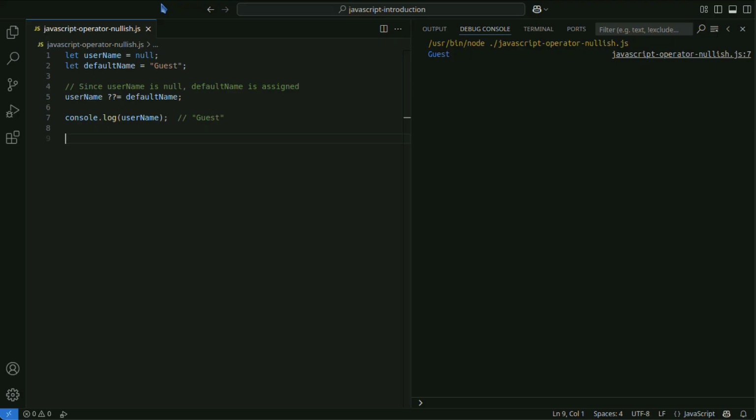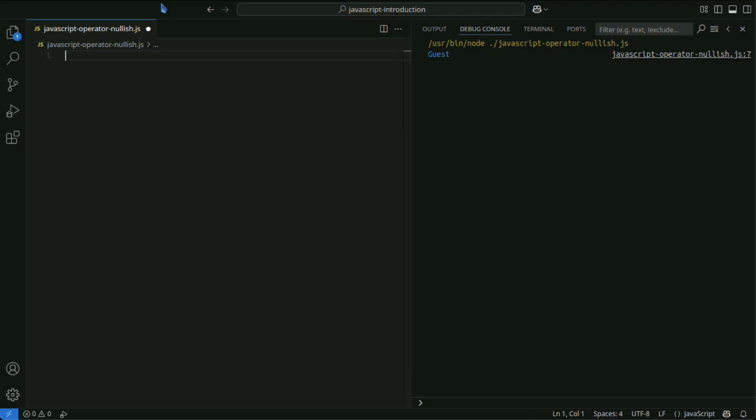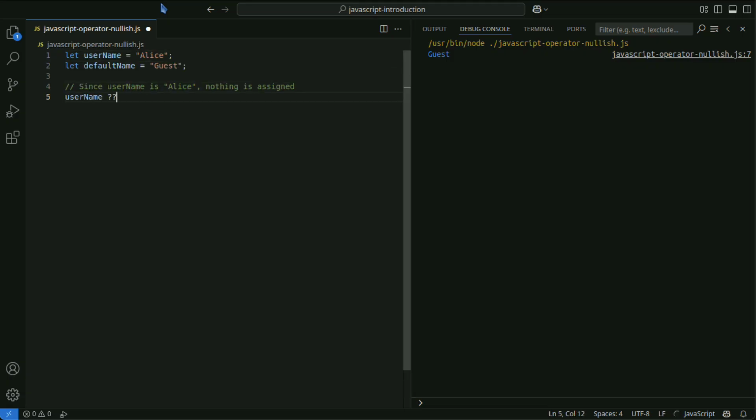Next, here's an example where the value is neither null nor undefined. In this case, since Alice is already set for username, no assignment is made.